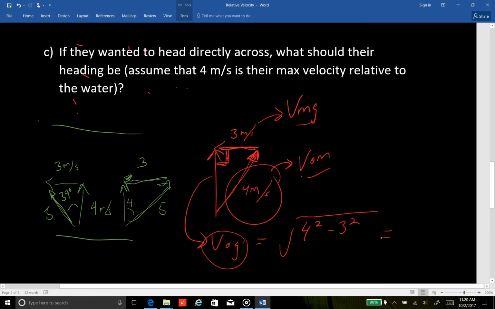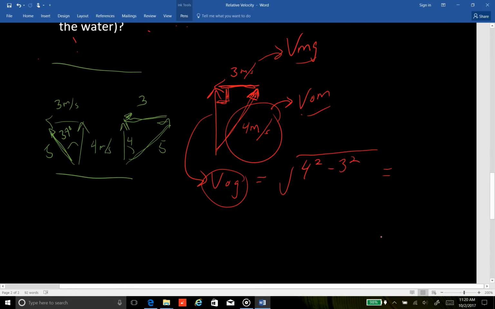So what is VOG? What is it? Sorry? Can't be 7. It's got to be smaller than 4. Which is 2.6. Okay. And so if this is 2.6,